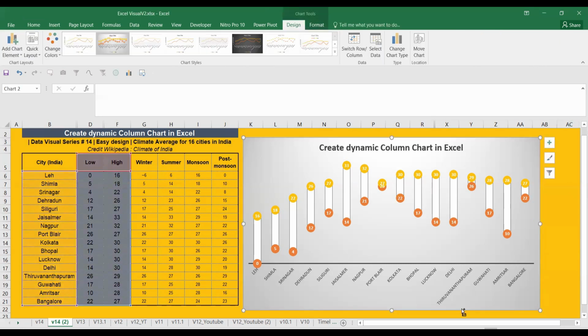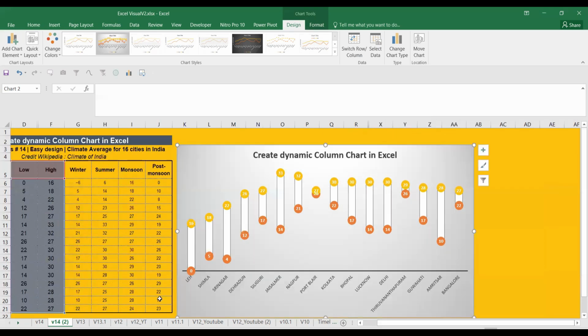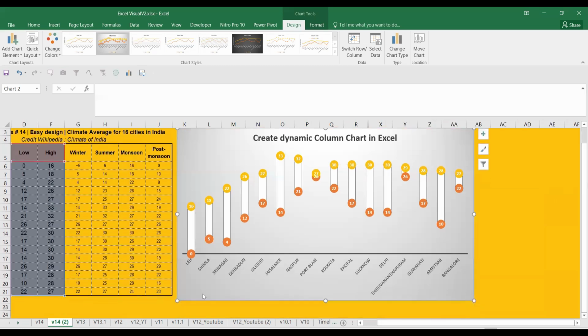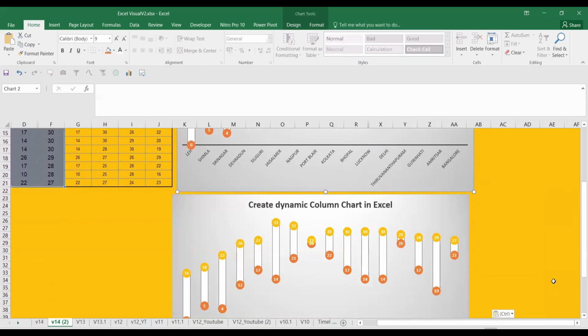So what I will do is copy this, and maybe I will keep it down. If you want to create one more, you can just do it. For example, this is the chart with this value. If you want a background and all that, you can change it. This does not have any background. What I have done is I have also created an image, right? If you want to do it,